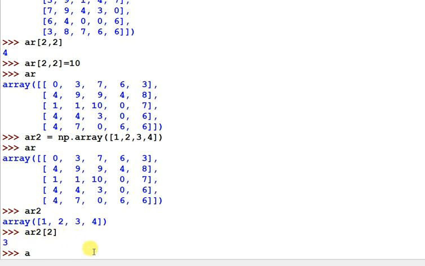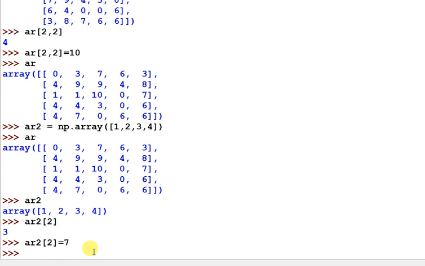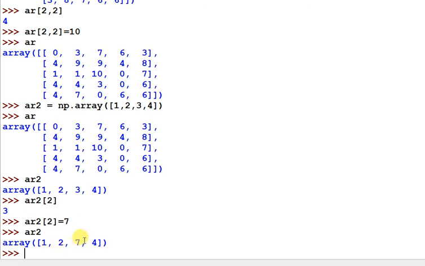And if you want to assign some specific value at that position, suppose index 2 and you want to assign some other value, suppose 7, in this way you can form an expression to assign the value at that position, and then you can run it. Now you can check, this value has been changed to 7. So this is the way you can access. If you are accessing a one dimension array, you have to pass the index of that value.